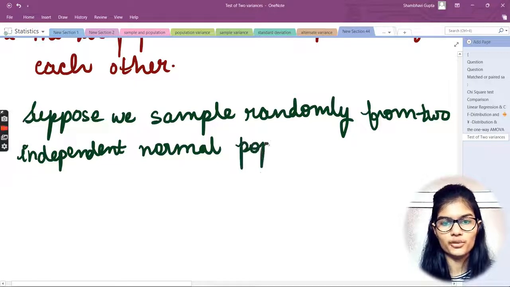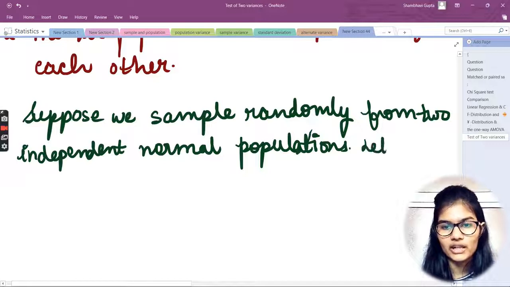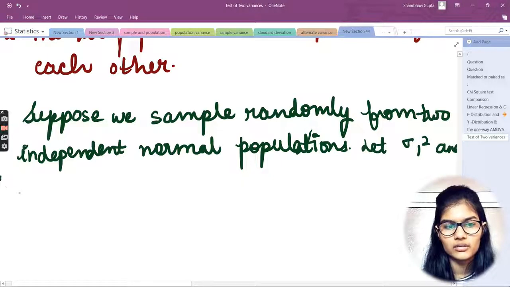Fine. Now, in that case, let sigma 1 square and sigma 2 square